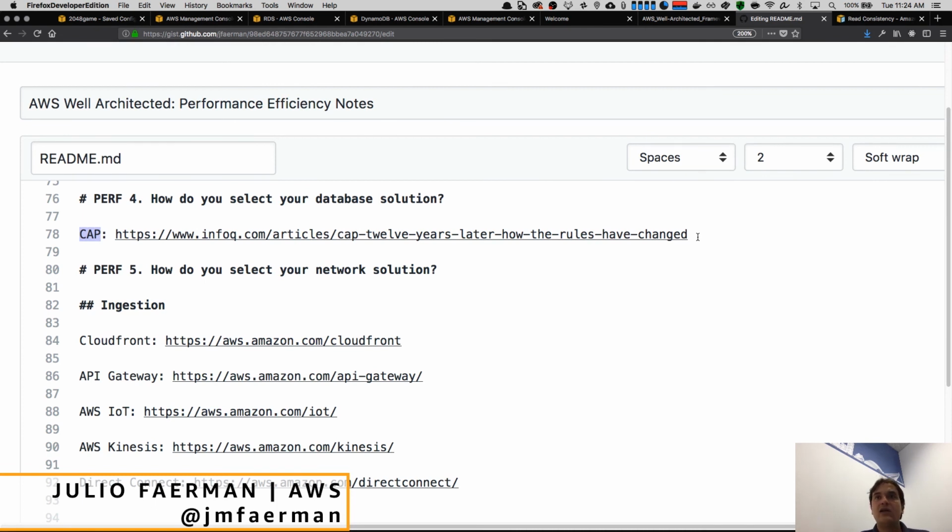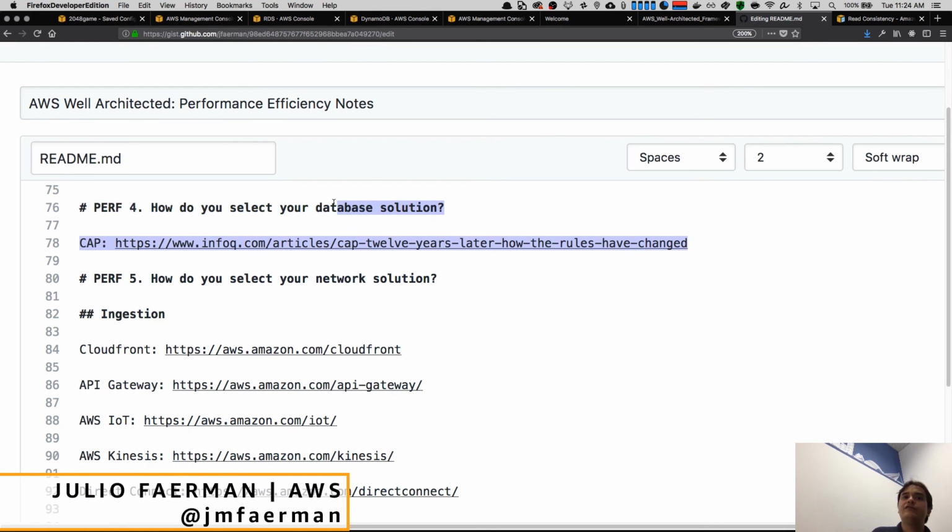There are many customers running other things such as Cassandra, MongoDB, and a lot of stuff, but if you're new to this, I highly recommend you test RDS, especially with Aurora and MySQL, and DynamoDB would be good candidates for selecting your database solution. And another important aspect of databases is